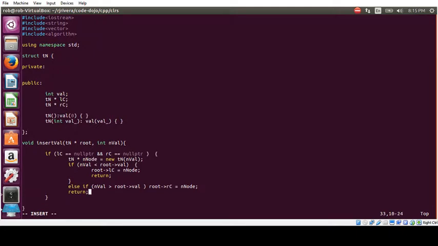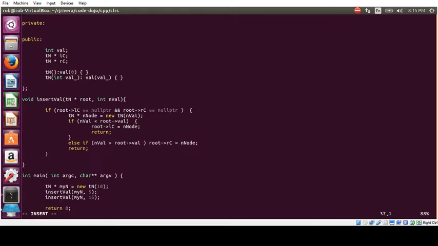If we enter a node, oh, we didn't properly access the nodes either. It's the left child of the root node, because LC isn't by itself defined in this context. Alright, so we go in, and if both the children are null pointers, then we have an opportunity to insert a value. However, if that's not the case, then we just need to check two instances. And we're going to kind of replicate some code here, but if nval is less than root val,